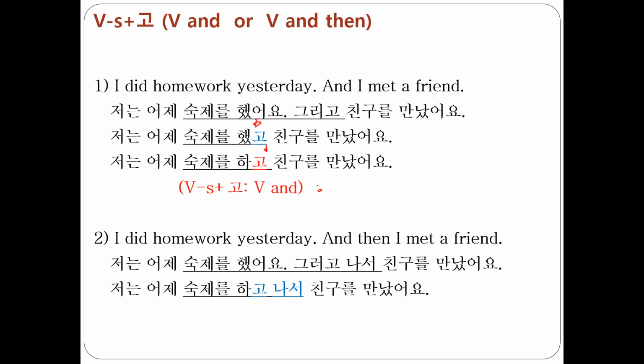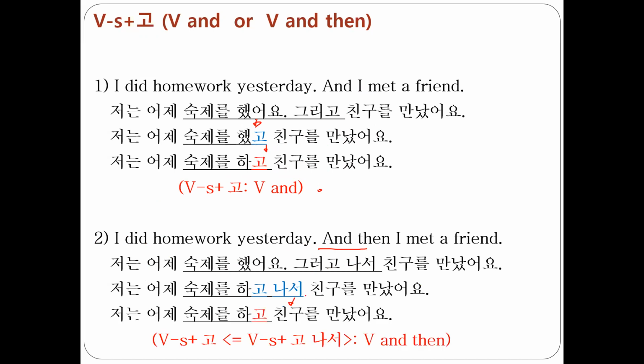You know this one. And then this one, just before I introduce 그러고 나서. 어제 숙제를 하고 나서 친구를 만났어요. But this one also has a shortened form. What? 뭐뭐 하고 친구를 만났어요. So if you see exactly the same sentence, sometimes it's just linking the actions that the speaker did, listing them. Sometimes the speaker listed the actions that the speaker did in a temporal sequence. So you have to recognize that based on the context.